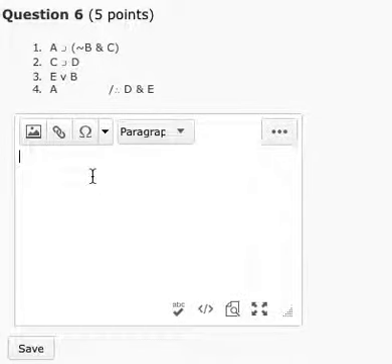Alright, here is question 6. This one has many more premises than the previous questions, but this is actually a pretty easy proof. The conclusion is a conjunction of D and E, right? So we don't have either of those on separate lines, but there is a D right there, and here's an